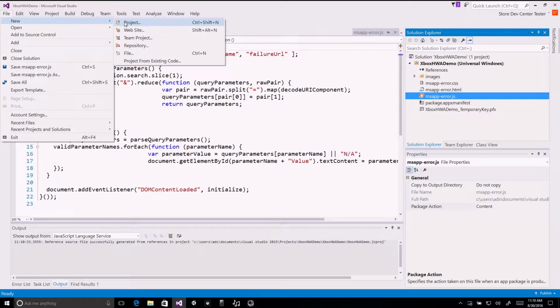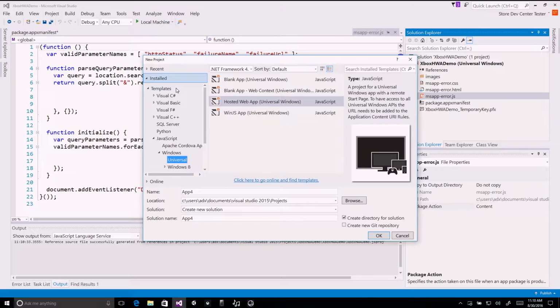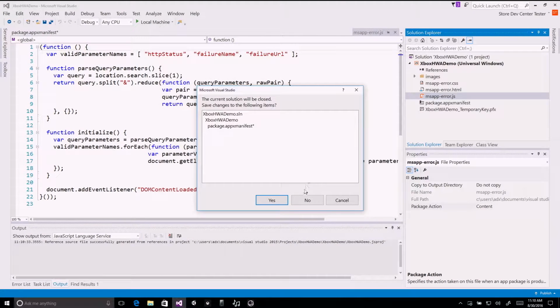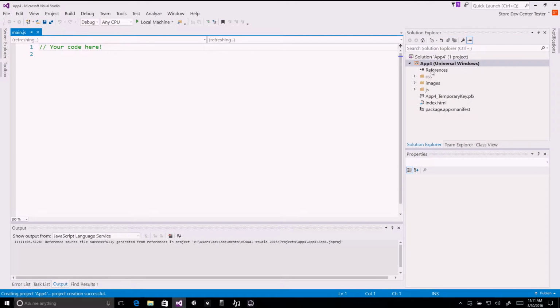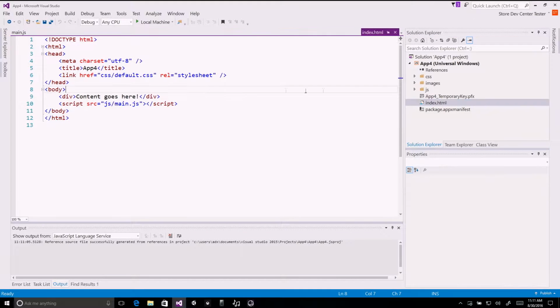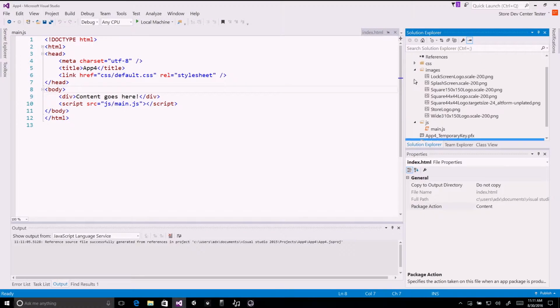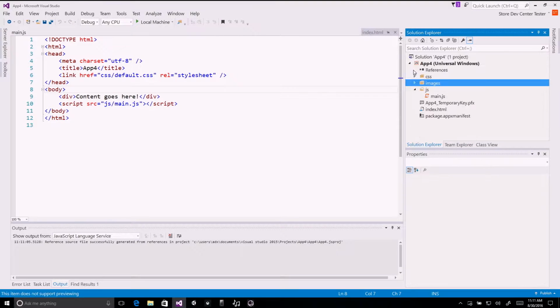And one more thing I want to talk about before we move forward. We talked about hosted web apps. Just to contrast what a hosted web app is with a packaged web app, I'm just going to create a normal packaged web app. Let's say blank app universal windows, and you'll see that there's a big difference here. I'm going to go through the usual steps, and we're going to focus primarily on the Solution Explorer. Notice that in this case, you actually have an index.html where content will actually go. You have your JS file, your CSS file, and images, and all these are going to be packaged locally as